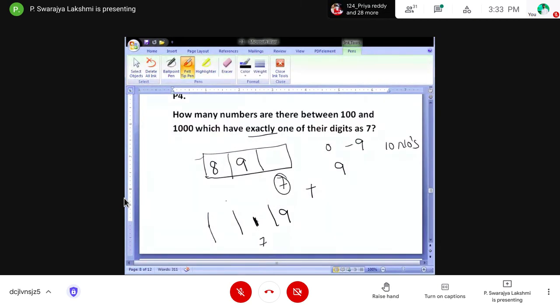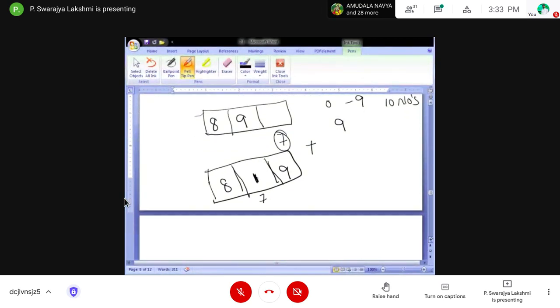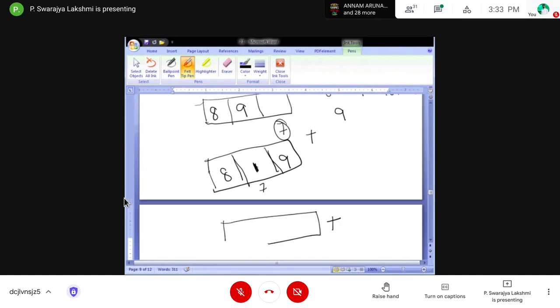We write 9 at the last position. And coming to the first position, there should never be 0. Now we fix 7 in the first position, so no problem.